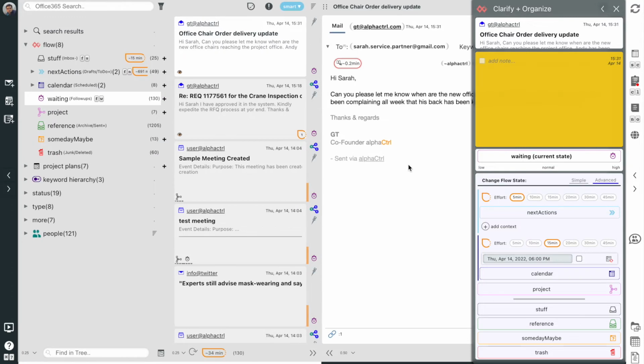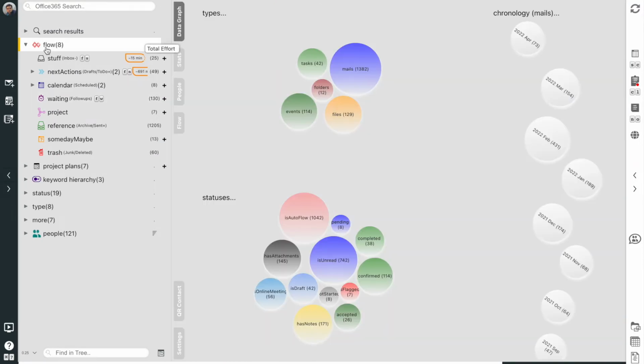There are 4 other states that serve specific purposes in Flow. For example, the project state is used for items that need to be broken down into subscopes. Reference, as the name suggests, holds emails for information only. Trash needs no explanation. And Someday Maybe is used for holding ideas and projects I hope to work on, but am not compelled to. The purpose of these states is to keep my next actions list crisp and precise, so that it is always actionable, and does not contain any fluff that is not actionable. This is critical to prevent procrastination in the face of uncertainty.